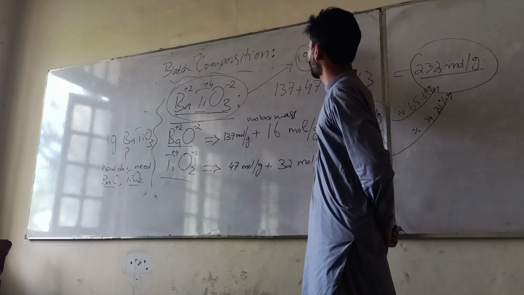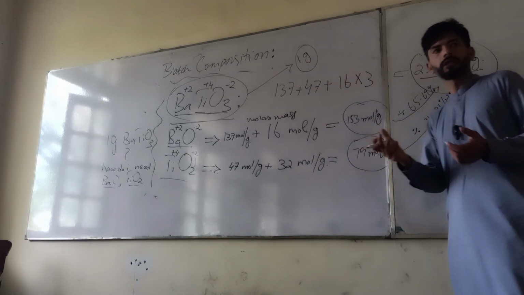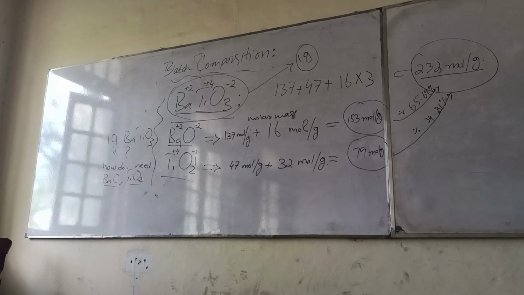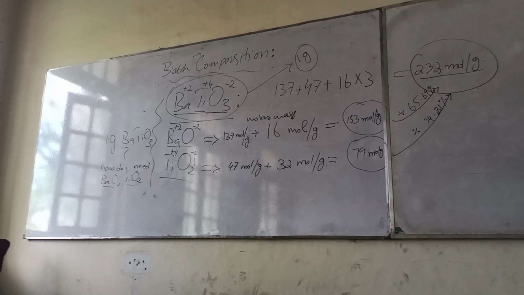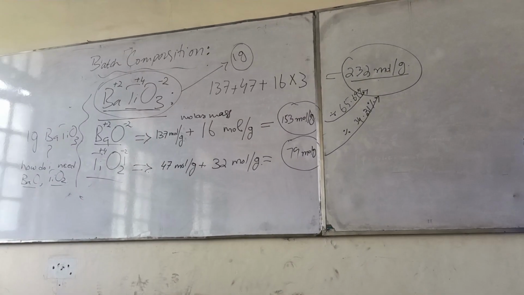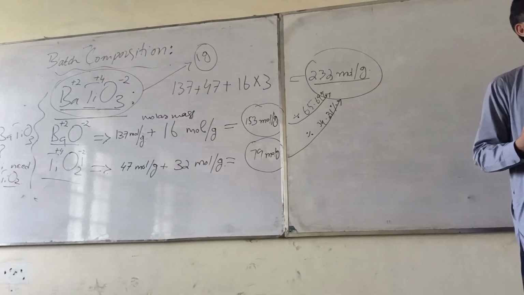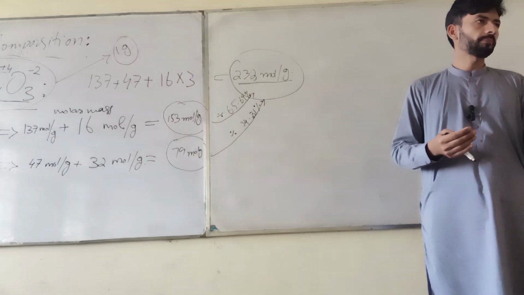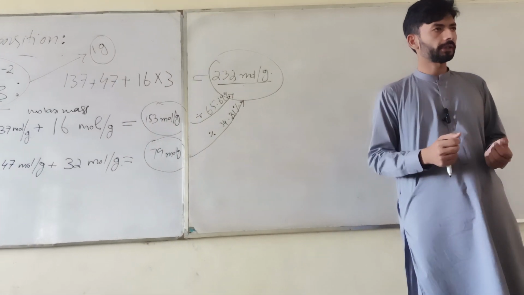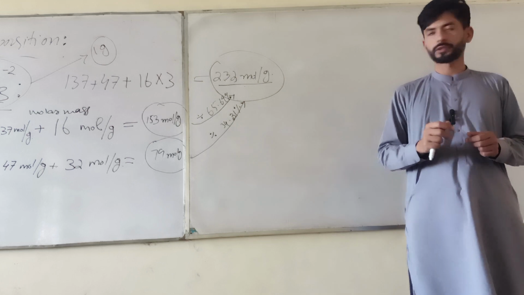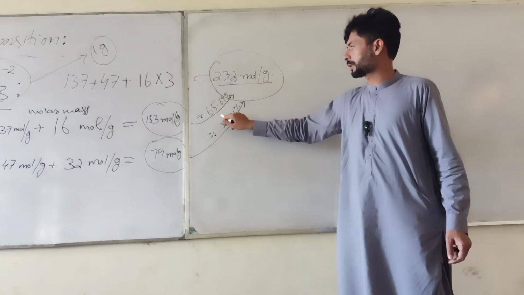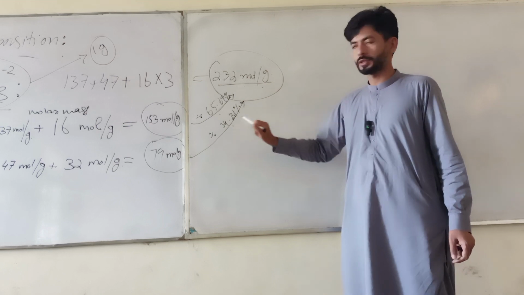calculate for 1 gram, or your required quantity is just 1 gram. You are interested in synthesizing 1 gram of barium titanate in the body. So for 1 gram, how many grams of barium oxide and how many grams of titanium dioxide do you need? You are going to derive this. So if this is 65% and this is 34%,